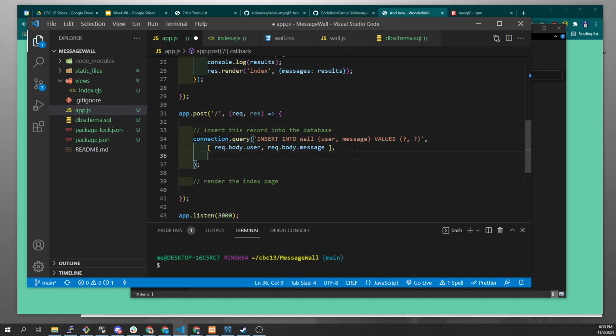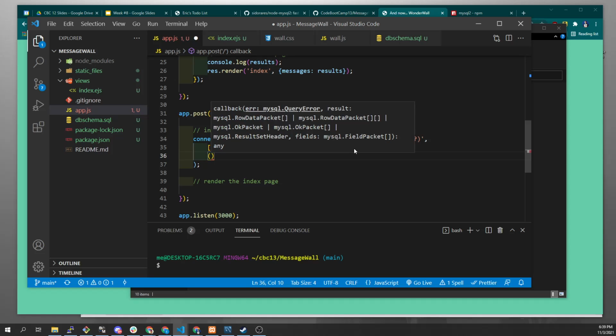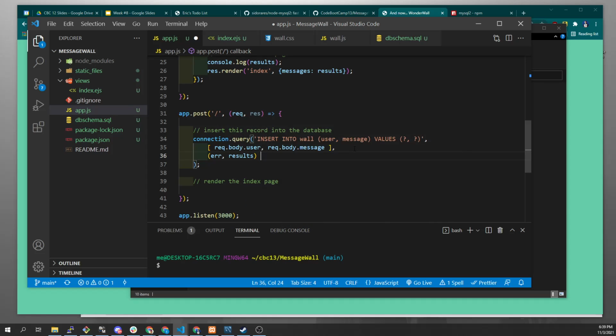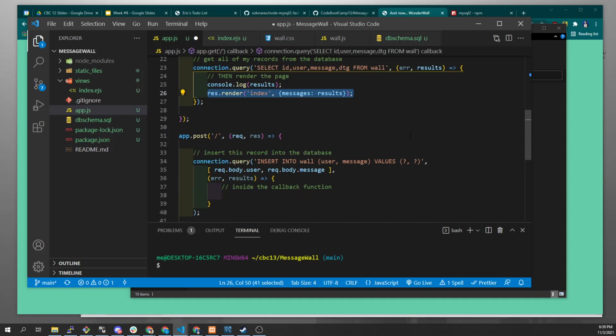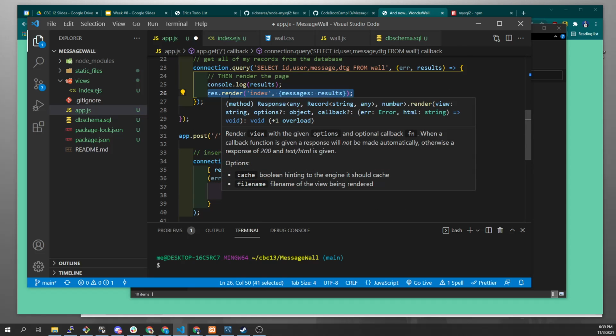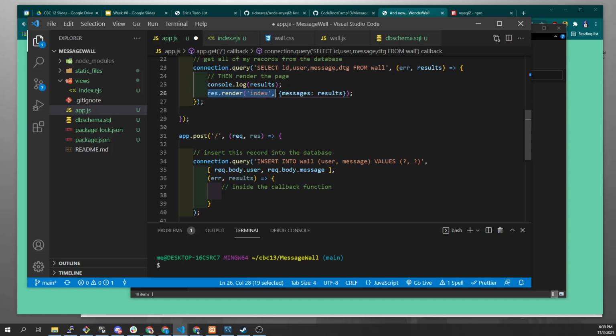Then the third argument, when we have placeholders here, is I'm going to say error, results. And that's a callback function, right? Inside the callback function, from here, it's the same as up here. We want to render our page. We can do this one of two ways, right? If we call res.render right now,